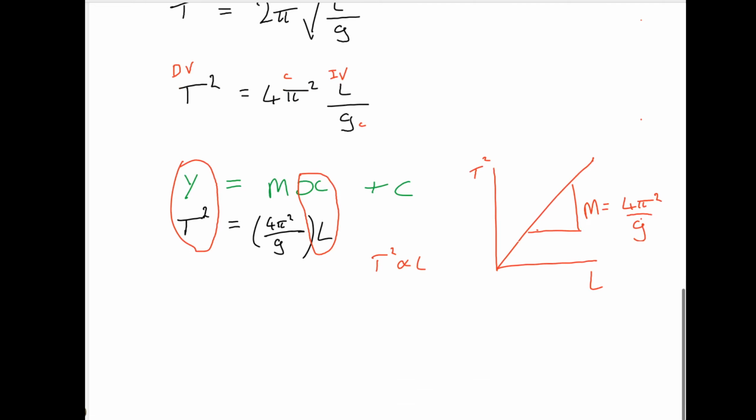So now what I can do is I can plan an experiment to collect values for time and length, and I can finally get on with writing my procedure, knowing that this is my end game, this is where I'm heading. And when I've got this graph, I can work out the gradient. Once I've got the gradient, I can just rearrange this equation,